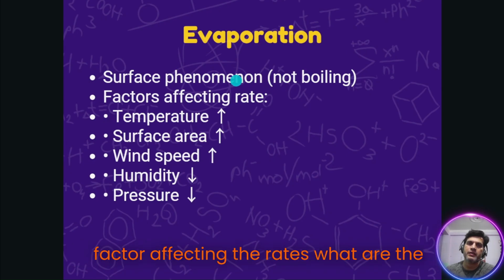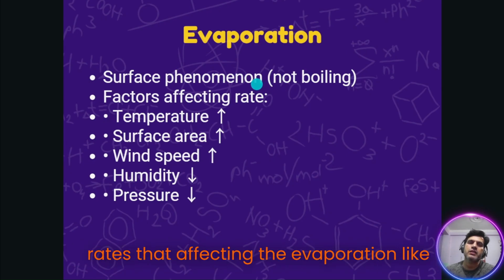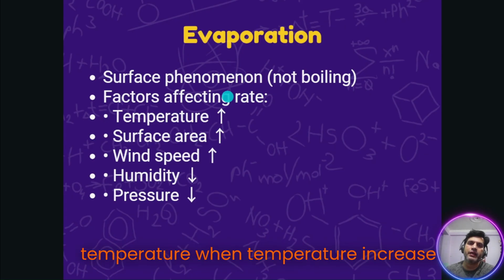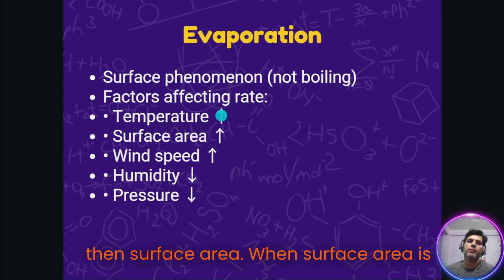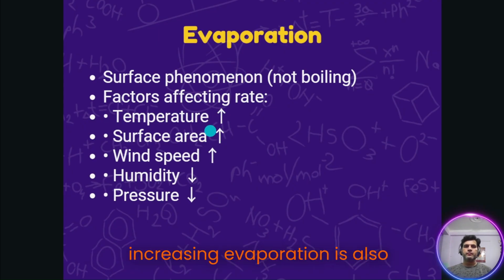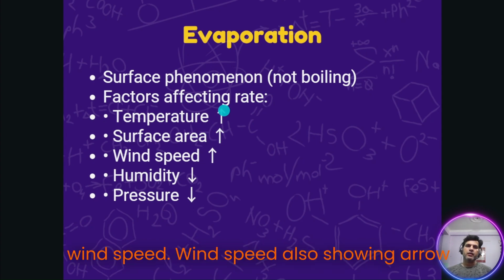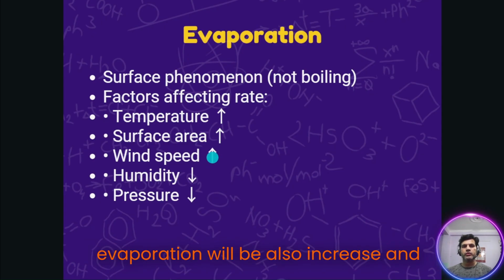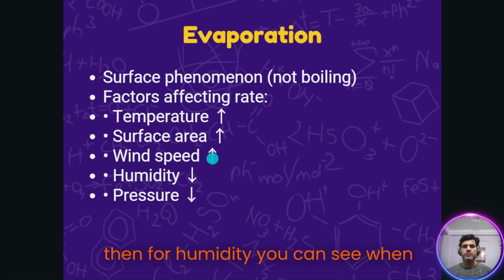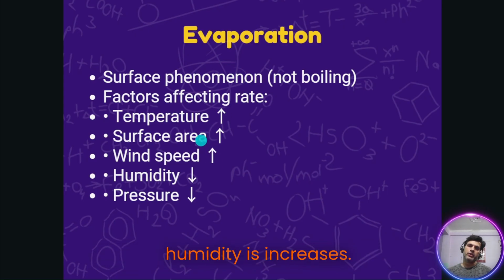Factors affecting the rate. What are the factors affecting evaporation? Like temperature. When temperature increases, evaporation also increases. Then surface area. When surface area increases, evaporation also increases. Then wind speed also has an arrow up, meaning when wind speed increases, evaporation also increases. And then for humidity, you can see when humidity increases,